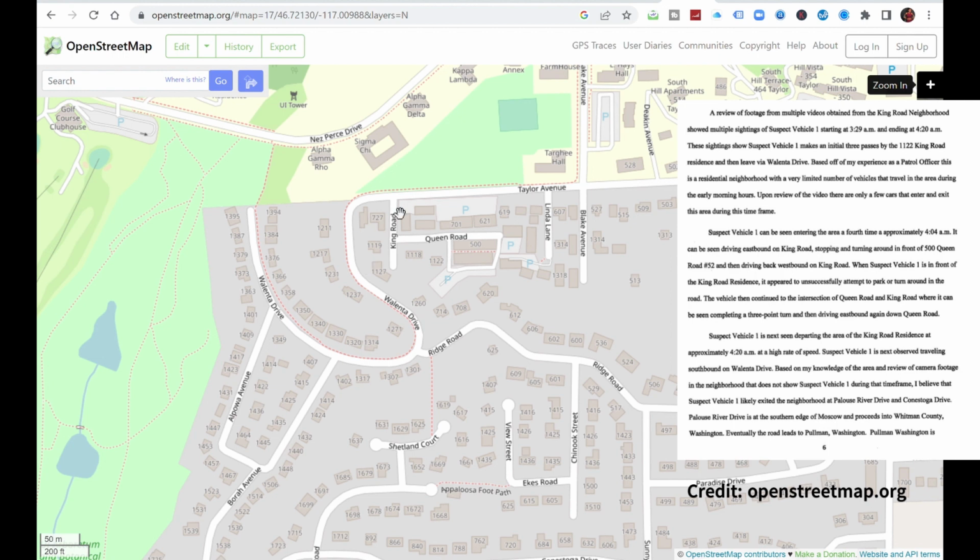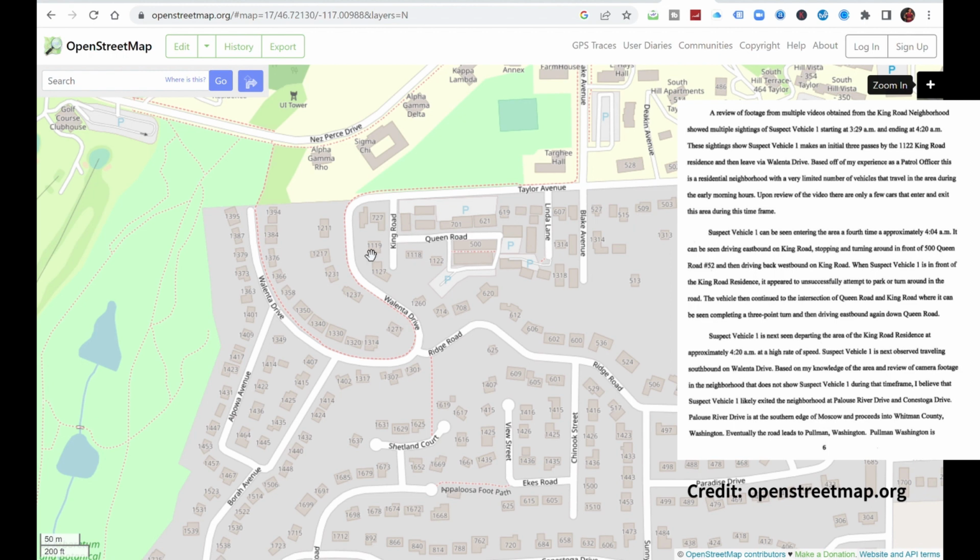So there were 3 passes, and then it says vehicle 1 entered the area the 4th time at 4:04 a.m., driving eastbound on King Road, stopping and turning around in front of 500 Queen Road. So then you've got it here, in this area, stopping and turning around, and then apparently driving westbound on King Road again. So this is what the affidavit is laying out in terms of what was going on in this area at about